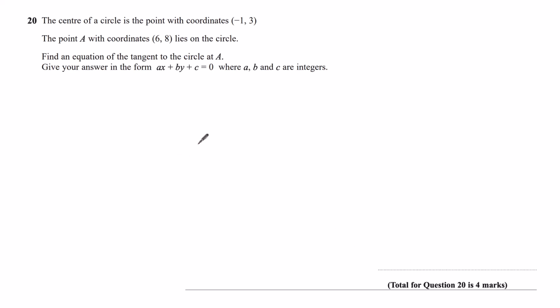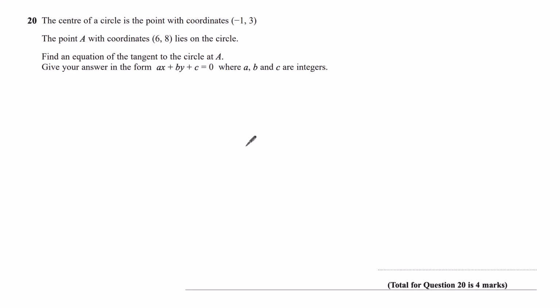Question 20. The centre of a circle is the point with coordinates -1, 3. The point A with coordinates 6, 8 lies on the circle. Find an equation of the tangent to the circle at A. Give your answer in the form ax + by + c = 0, where a, b and c